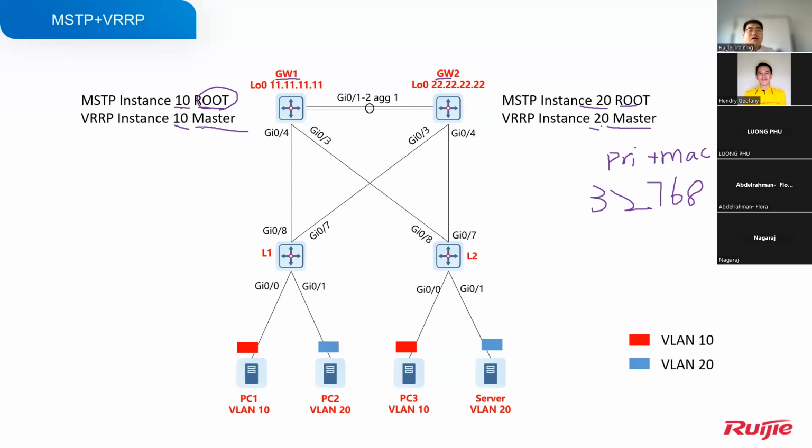Okay, this is about the MSTP and VRRP. After configuring the priority value, we can ensure that GW1 is the root and master of instance 10. GW2 is the root and master of instance 20. And